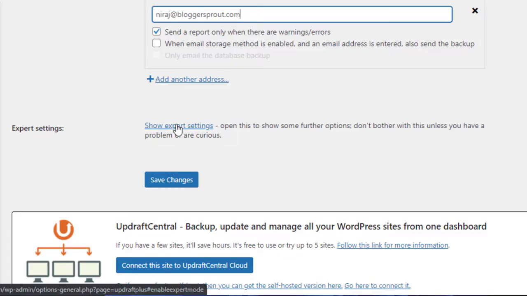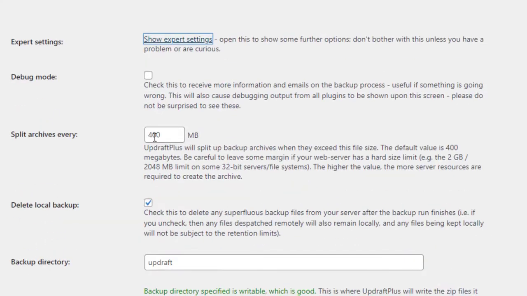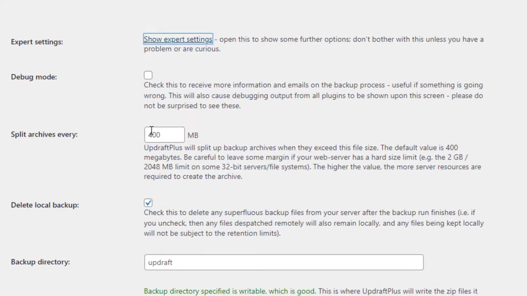Next, we will scroll below, and here is the important part under the advanced section where it says split the files. Now, splitting the files means if you make smaller files, it would be easier for your web hosting and also the plugin to create smaller files and store them on your cloud storage. You can also create bigger files if you want, but I always recommend choosing smaller files as they are easy to create for the plugin and also easy to upload. So in this case, we are going to choose 200 MB as the default size,